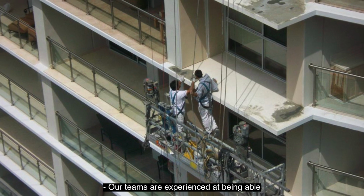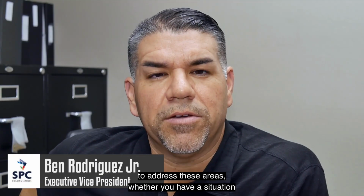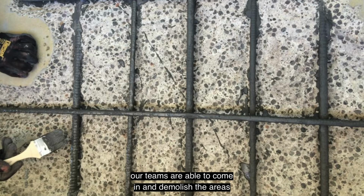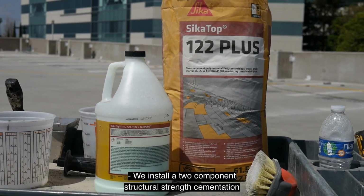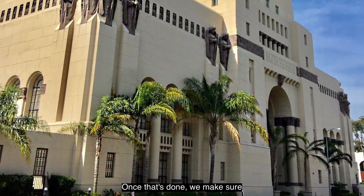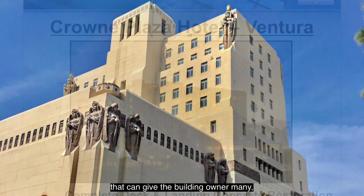Our teams are experienced in being able to address these areas, whether you have a situation where concrete is popped and rebar is exposed. Our teams are able to come in and demolish the areas that are affected. We install a two-component structural strength cementitious material and make sure it's level to the existing surface of the concrete that's there. Once that's done, we make sure that it's a long-lasting patch that can give the building owner many, many